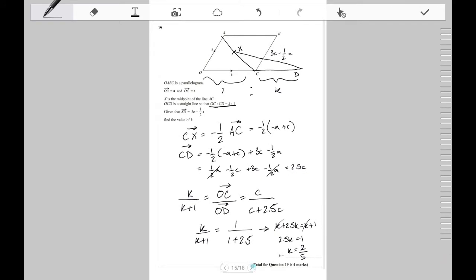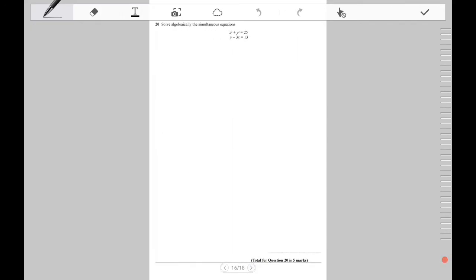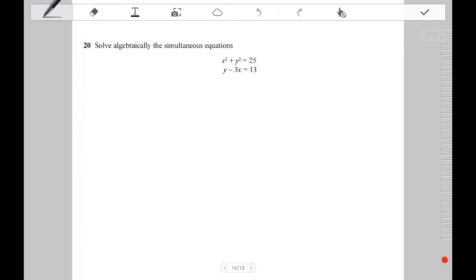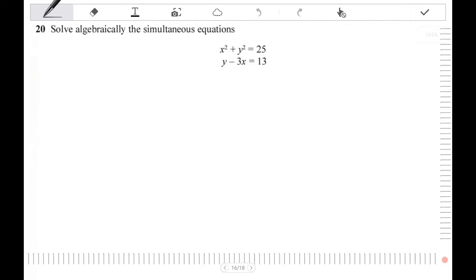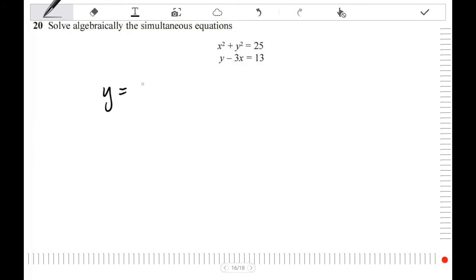Okay, next question. Solve algebraically the simultaneous equations. Okay, now the way I like to do this is I deal with the second equation first. I do y equals 3x plus 13. That gives me y on its own, and then I plug y in to